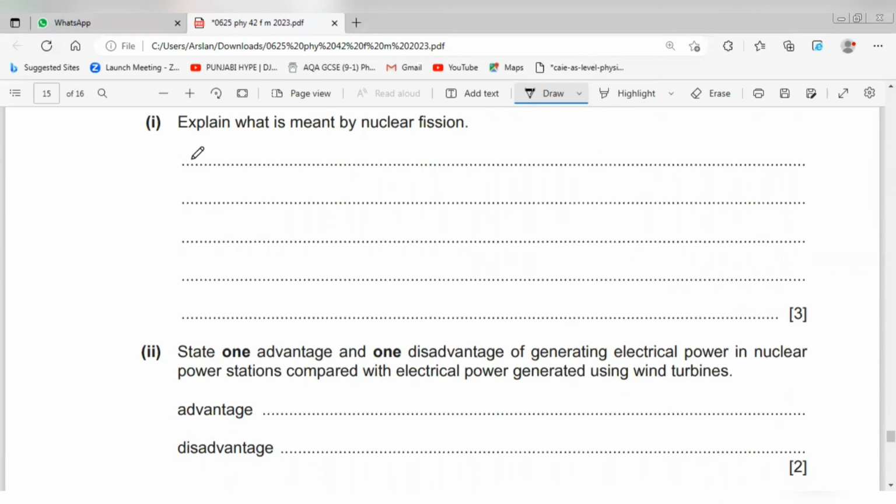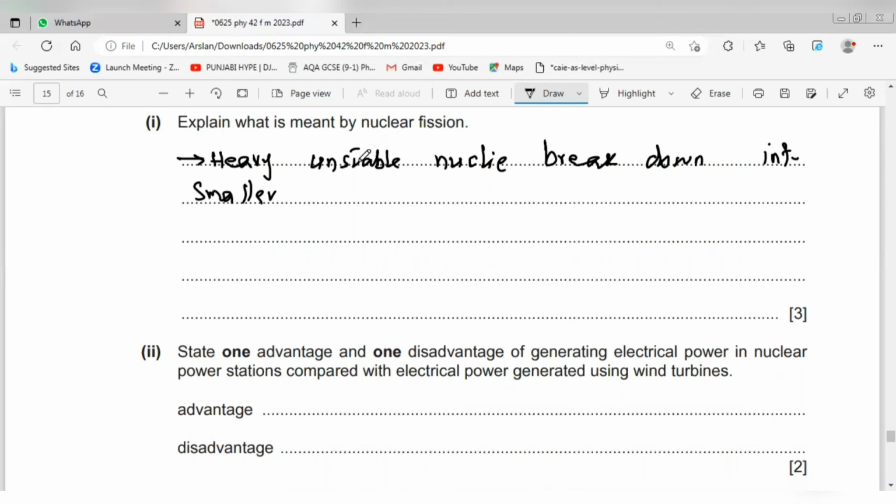First of all, in nuclear fission, heavy unstable nuclei break down into smaller, stable daughter nuclei, and it releases a lot of energy, heat energy,